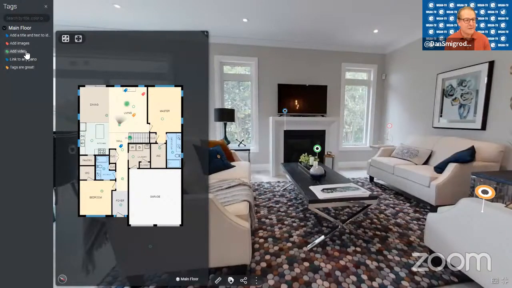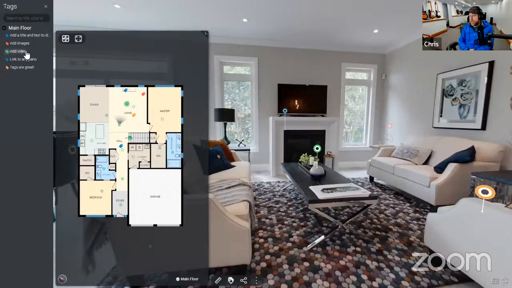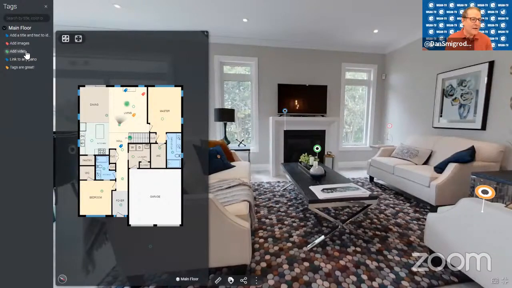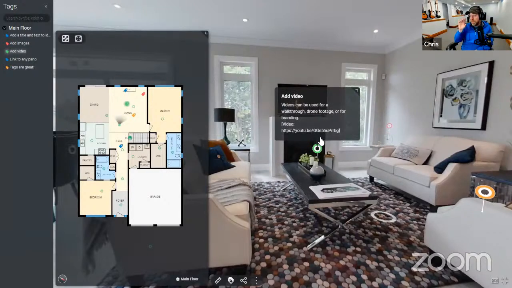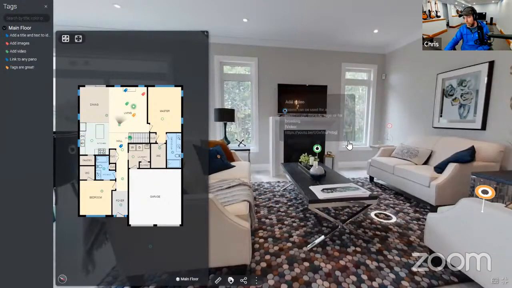Just in case our viewers can't, I see 5 different colors. One is images, video, links to panoramas, links to text. There are a lot of different types of tags. In case it's not clear, a tag is a piece of information that is placed in 3-dimensional space. So I'm going to take some type of information, an image, text, a video, it doesn't really matter, and I'm going to attach it to something using one of these lollipops.